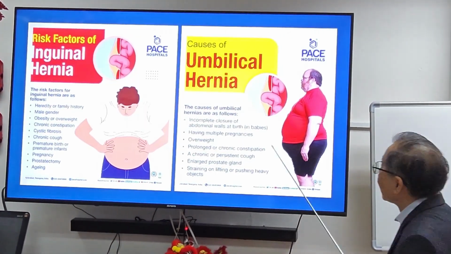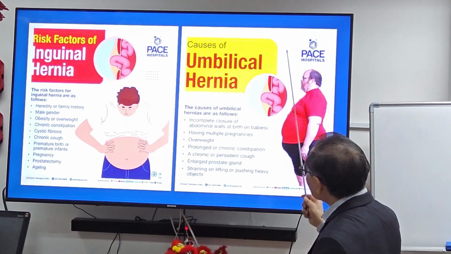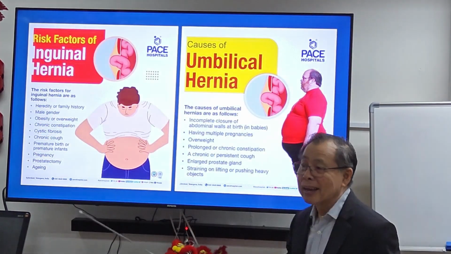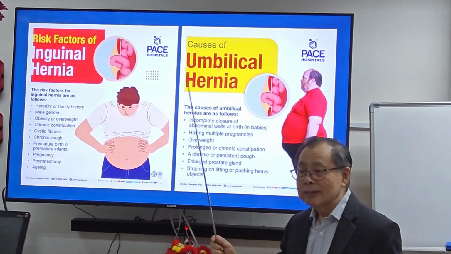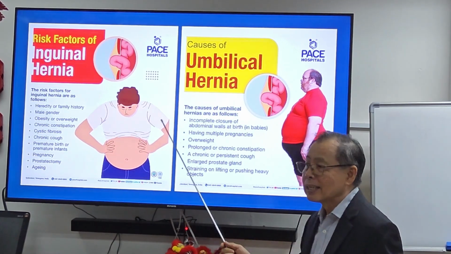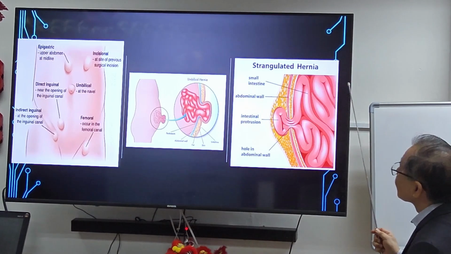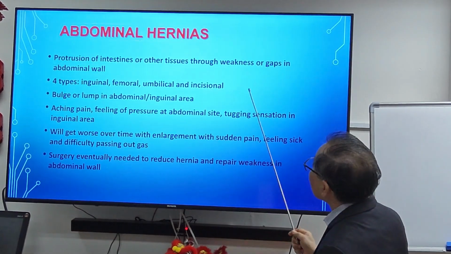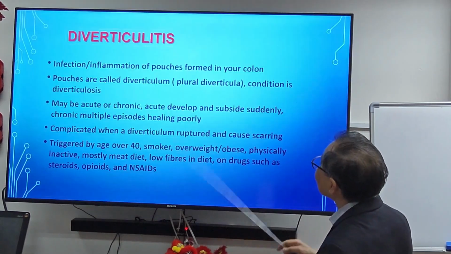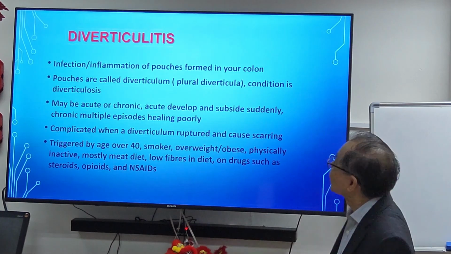So, as I said, the only way out is surgical repair. There's no other way to deal with hernias. Another thing very similar to hernias, I'm going backwards, is diverticulosis,